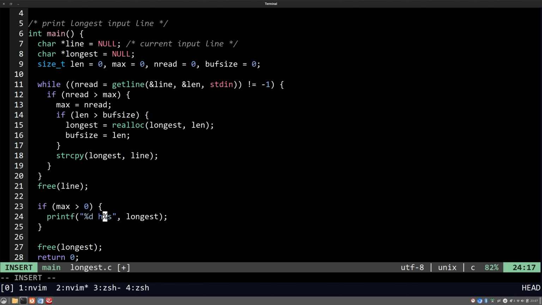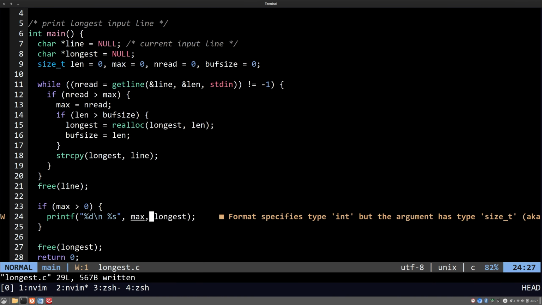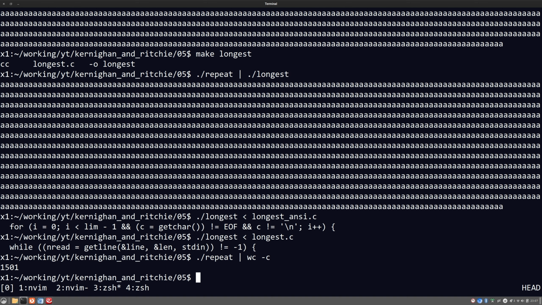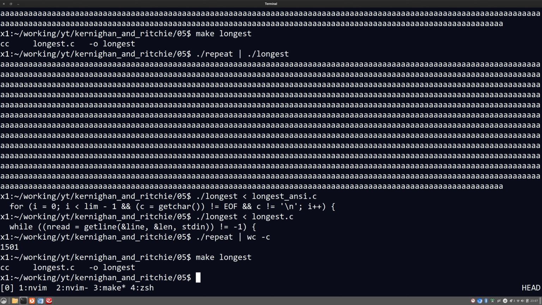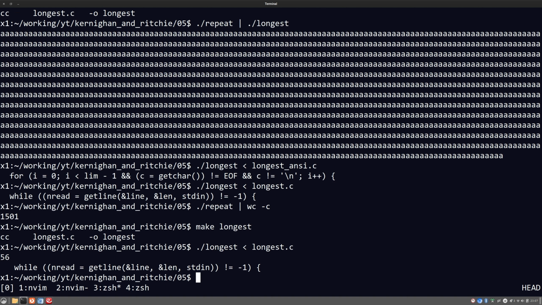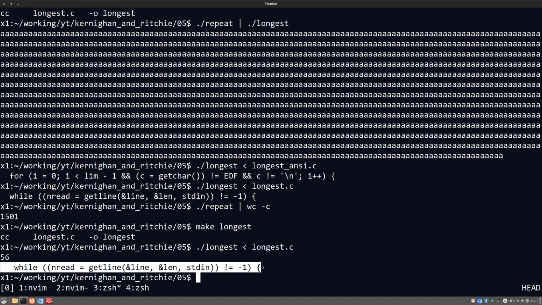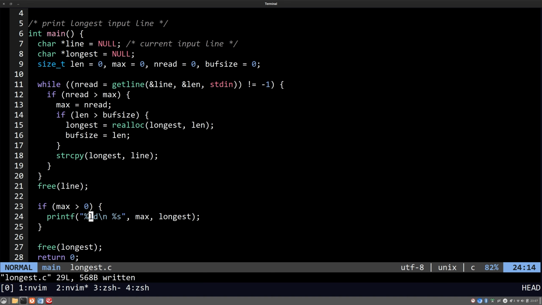the length, size_t, which I think is %ld. Okay, make longest, and then longest with result from longest.c. Okay, is this line actually 56 characters long? I'll just go and see which column it is. This is column number 55,